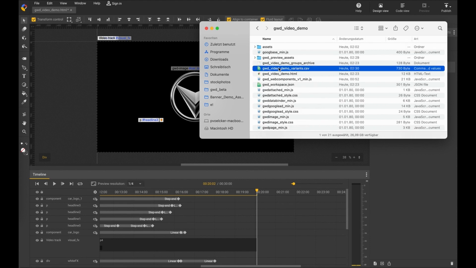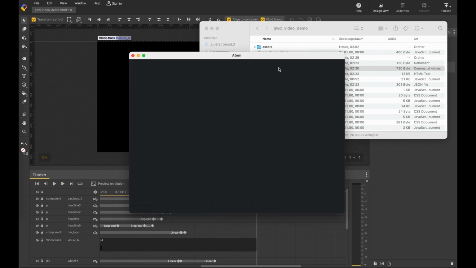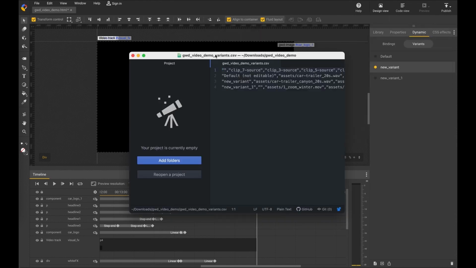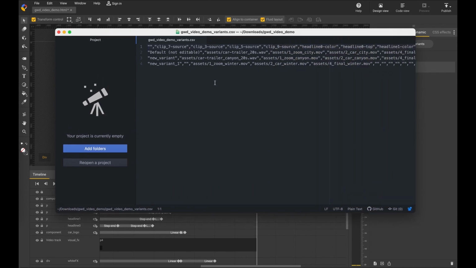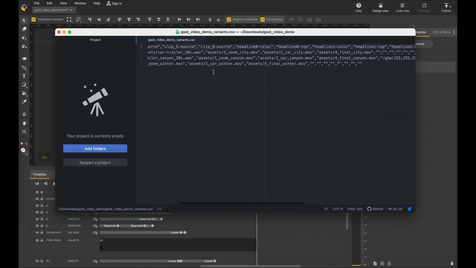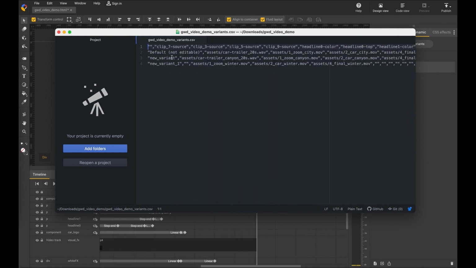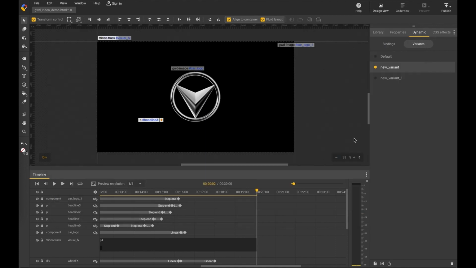So it's basically just a comma-separated CSV file, and I open it in the Atom text editor. And you can see now all the values are comma separated. Actually, it makes sense to have maybe just the initial line, so export after the first default version. And then you can create a feed, do it in Google Docs or Excel or whatever, and then download it as CSV again. And then you can upload. You can add many, many lines as much as you like.